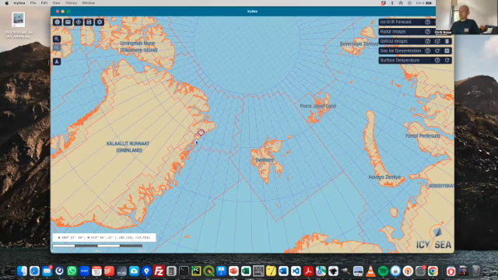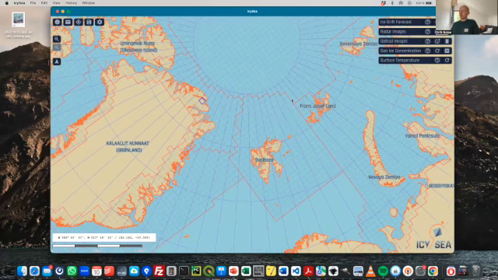So this is the interface. It's map based. You can see the red areas here. Those are the regions where radar and satellite images in general are available. However, these are somewhat limited, but we're able to provide you data in pretty much everywhere in the Arctic and Antarctic. If you're interested, as long as there's satellite coverage, we'll be able to provide that kind of data.